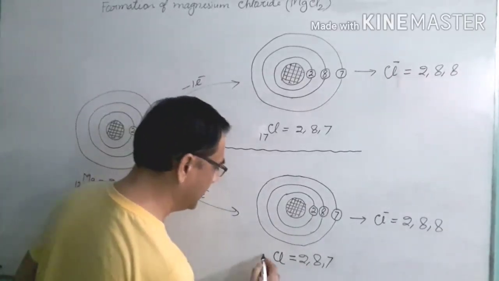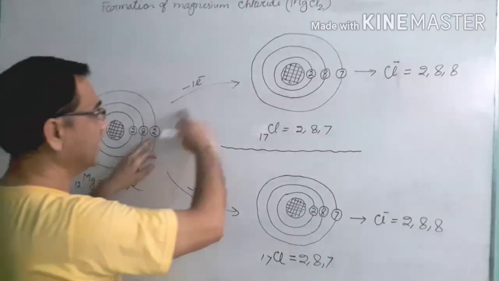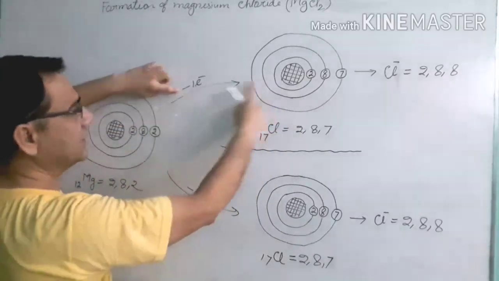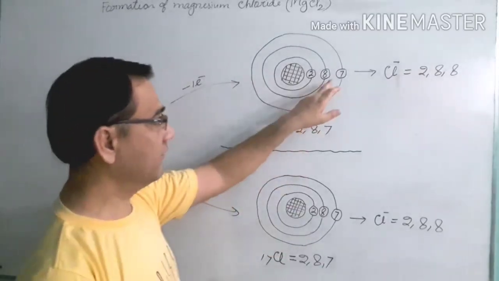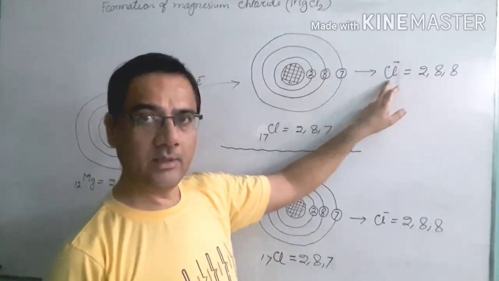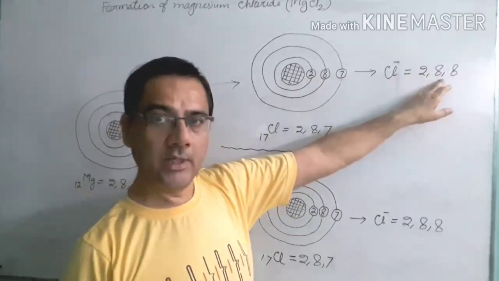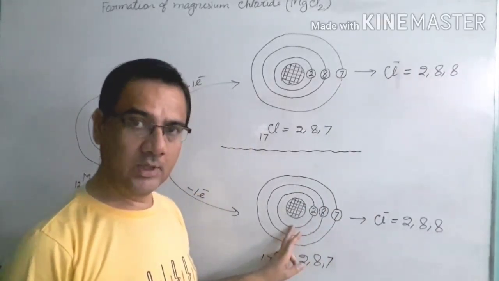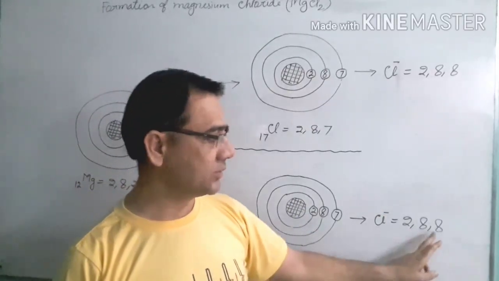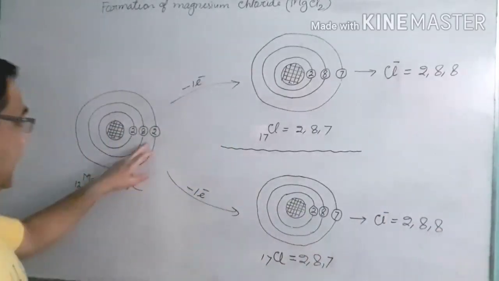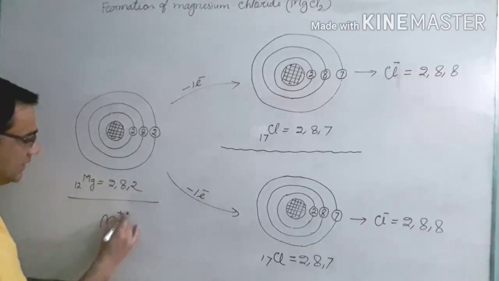It also has the atomic number 17 and the configuration 2, 8 and 7. So when magnesium loses 2 electrons, it gives one of its electrons to this chlorine and one of its electrons to this chlorine. And after gaining 1 electron, this chlorine becomes an anion, and chlorine acquires 1 unit of negative charge, and the configuration becomes 2, 8 and 8. This chlorine also accepts 1 electron, and after accepting 1 electron, it becomes anion Cl minus, and the configuration becomes 2, 8 and 8. And this, after losing 2 electrons, also forms an ion, and that is Mg plus 2,